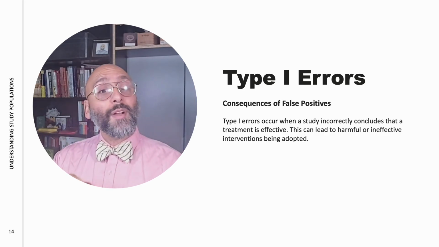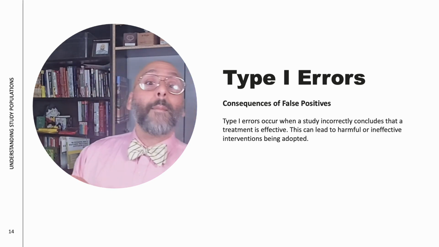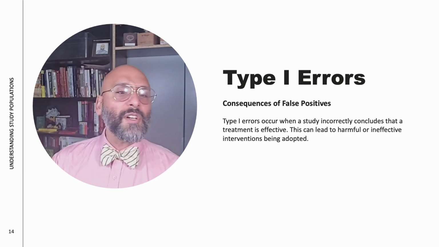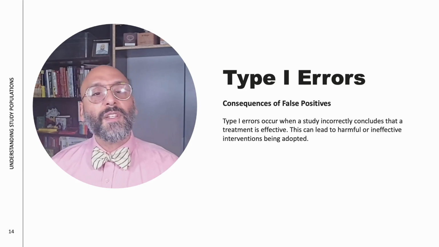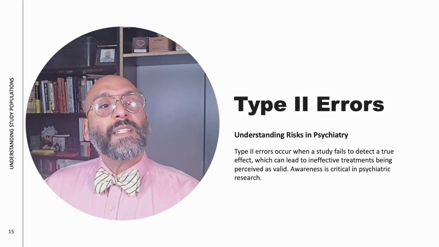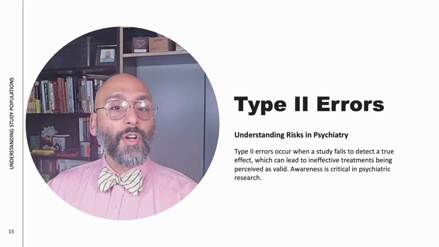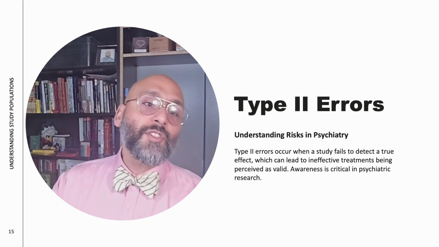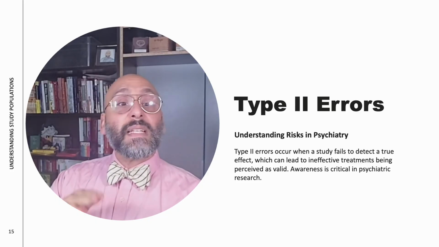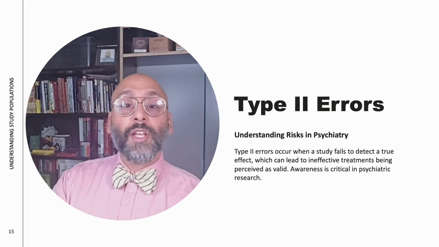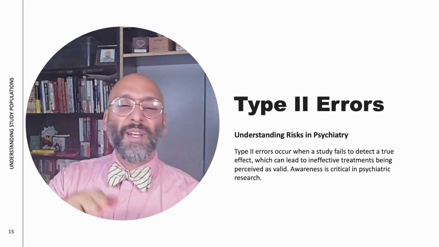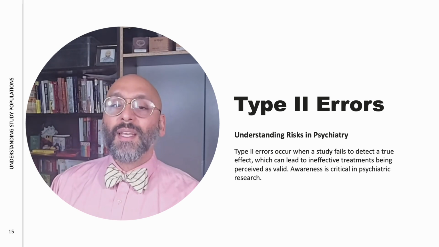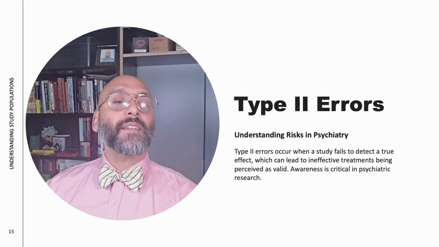So understanding type 1 errors helps you stay cautious about positive findings, not just the negative ones. A statistically significant result is not a green light. It's just an invitation to look more closely. Now, a type 2 error, on the other hand, occurs when a study fails to detect a real effect that actually exists. So in simple terms, it's a false negative. Statistically, this means that the study concludes that there is no difference between groups, when in reality there is one. Now, clinically, it means an effective treatment is going to be dismissed as ineffective.